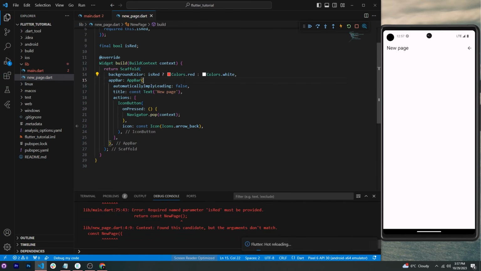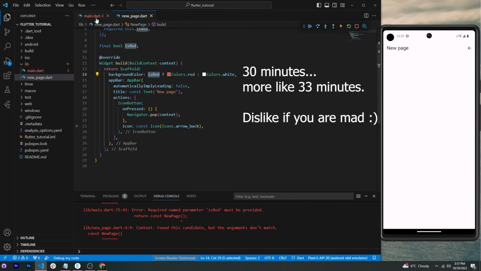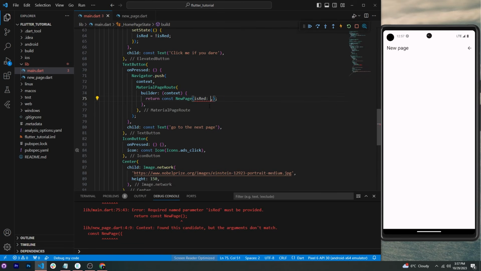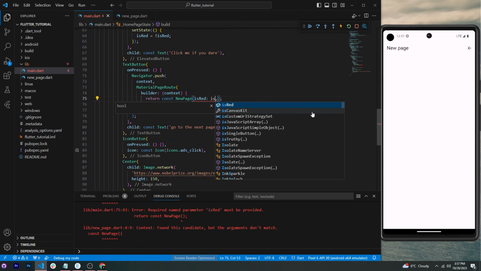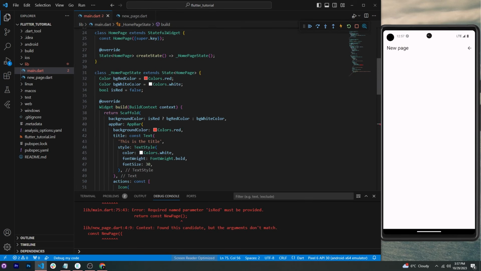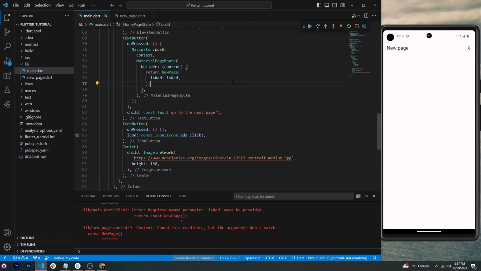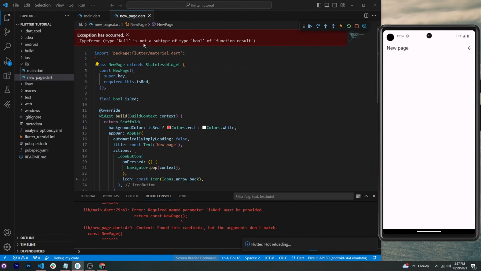Okay, so you will send this information from the previous page. We'll go inside the previous page, and now you see that inside the new page, you need to put an argument because it's required now. You will put isRed, which is coming from this information, isRed, the Boolean. All right, so now you can remove the constant, save, format document, and you can see that we have a